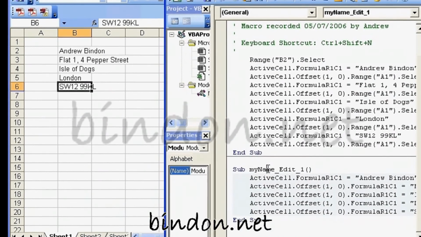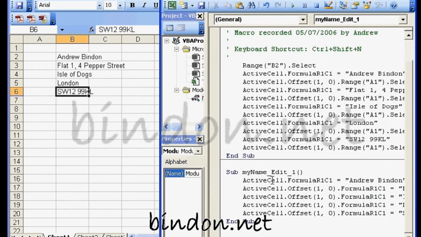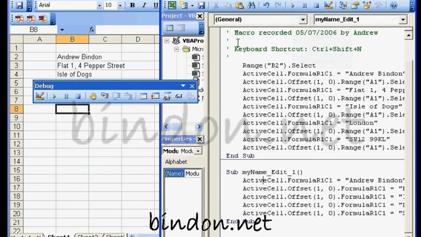Now, in order to run the macro here, in a separate video I'm going to tell you about 9 or 10 different ways that you can run your macros. But one of the most convenient ways you can do it whilst you're in the process of editing a particular macro and working on it is that you can run it directly from the editor window. You can either click the Run button here inside the editor window, or if I just bring in my debug toolbar,